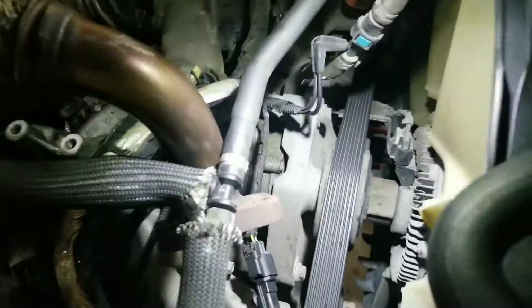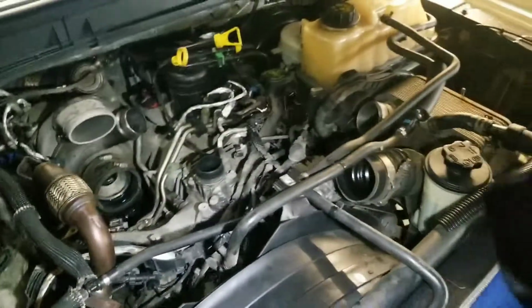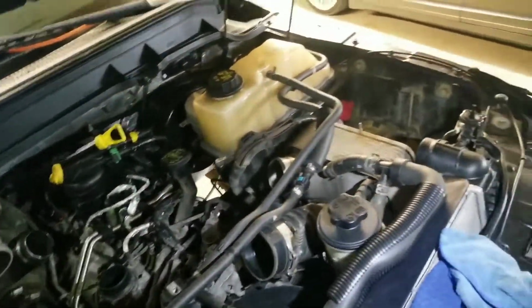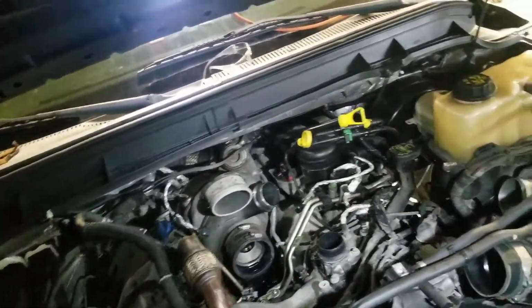Everything's taking a little longer than I thought, but yeah, at some point we got to get this fan off too. I don't have the proper tools, but I think we'll be able to get it off. I used to have a 6.0 and I was able to get that one off pretty easy. So yeah, I think next step is